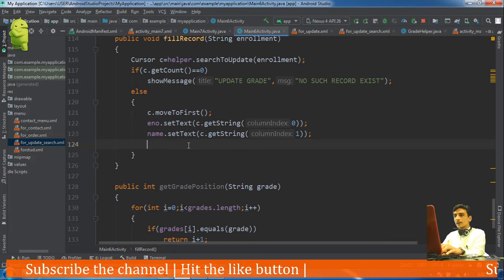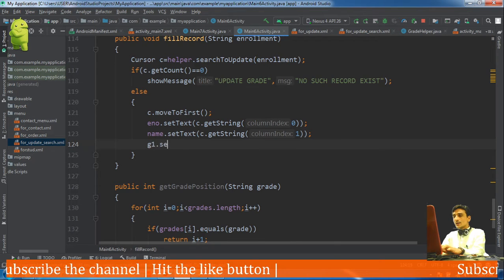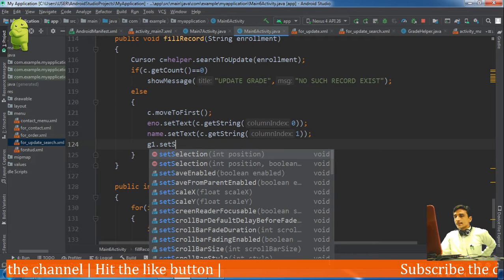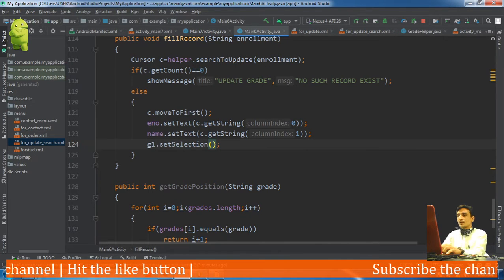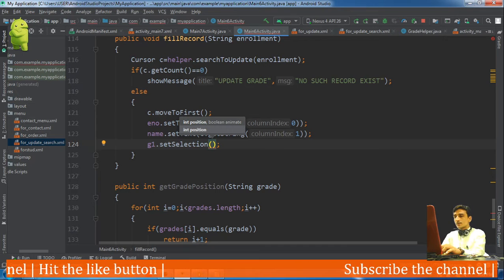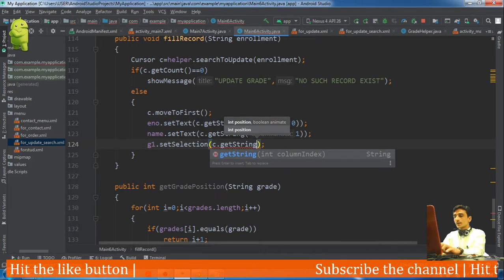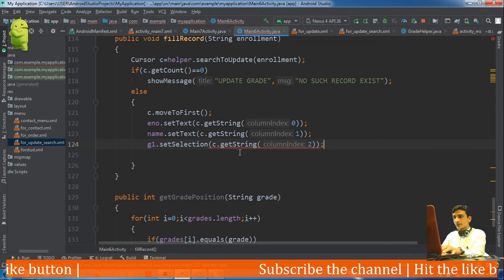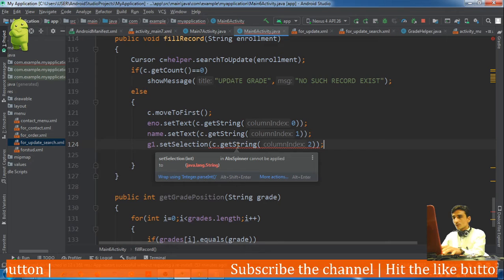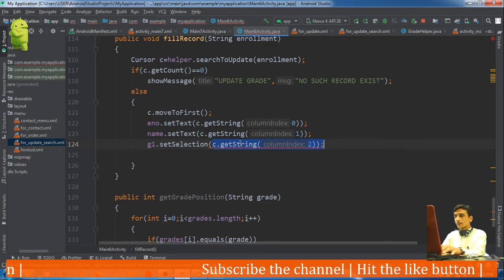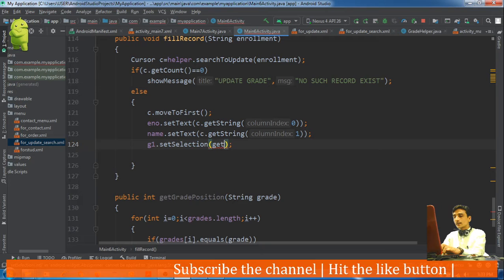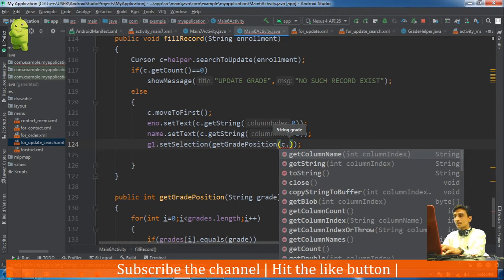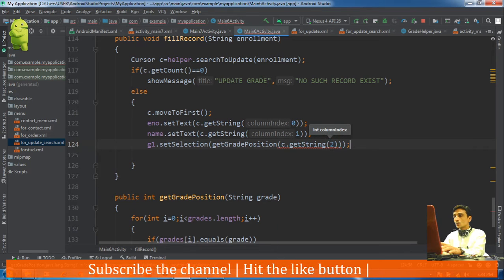So here G1 dot set selection, that is the position. Set selection, c dot get string at position 2. Similarly, we need to call the method that we have defined, get grade position, and there we will pass the argument c dot get string and 2.